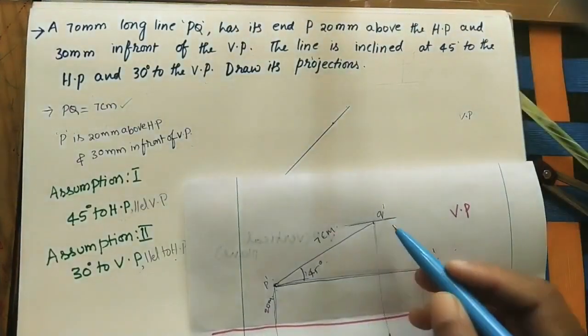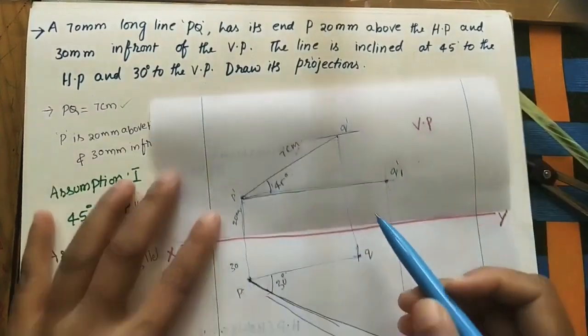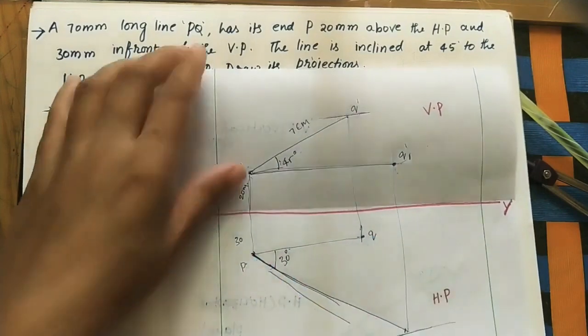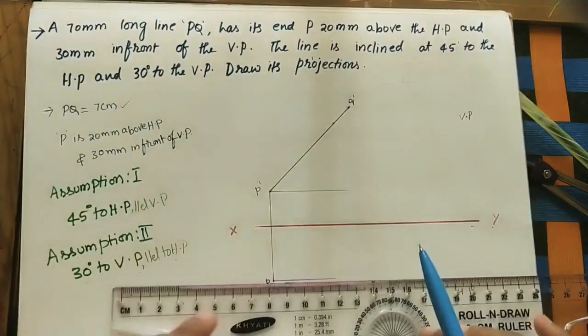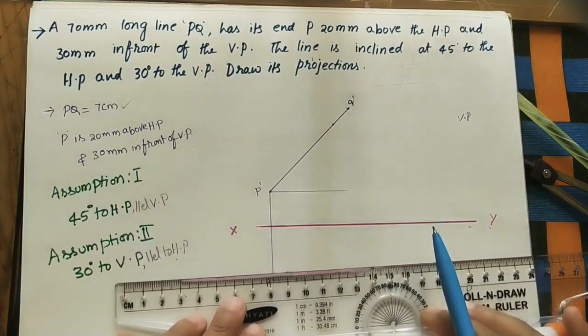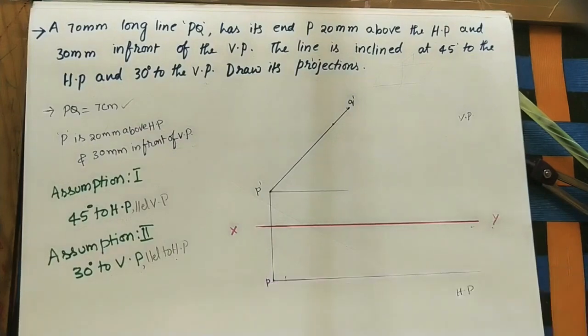This point is Q dash. Okay, drop this line, do the projectile line up to the P horizontal line. Just extend this line. I am taking this as the reference line. Use the roller scale for doing the parallel lines. Extend this line like this.